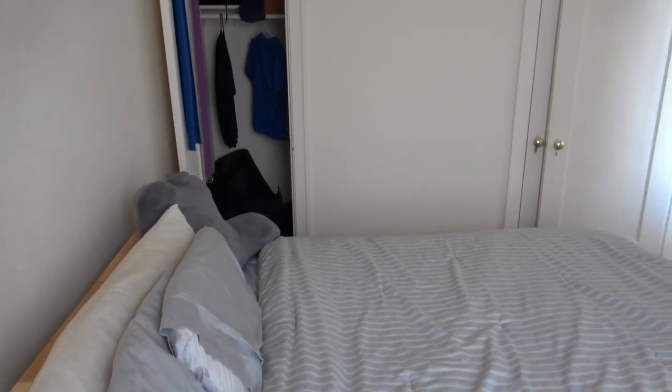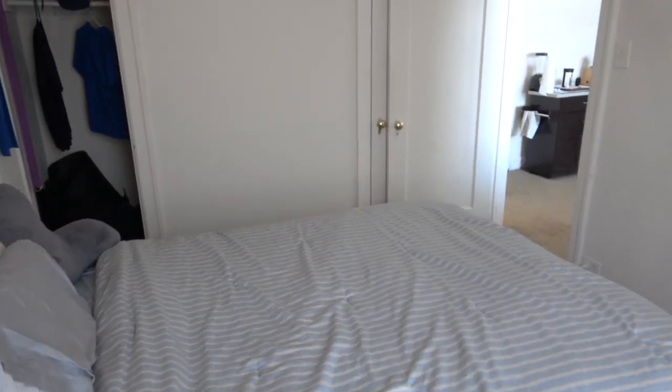If I walk towards the radiator by the window, I can swing around this way and you get your glimpse of the bedroom closet. So it's actually pretty big. I think this might be a king-size bed. That is really a wide bed. A queen size is 5 feet across, so maybe it's a queen, but this looks like more than that to me. So let's go back and check out the closet,